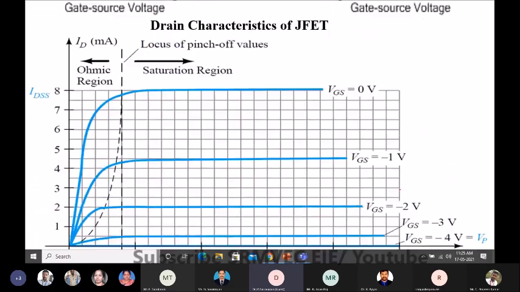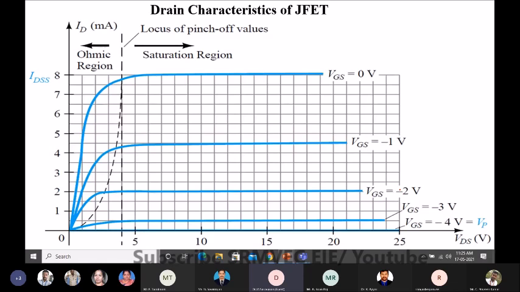And the next one is what we call the drain characteristic. It is similar to your normal BJT characteristic. So here you can see with respect to VDS, for a particular input, when you increase the drain to source voltage, the current goes on increasing. And here also the three regions of operation are there, that is what we call cutoff, ohmic region, then saturation.